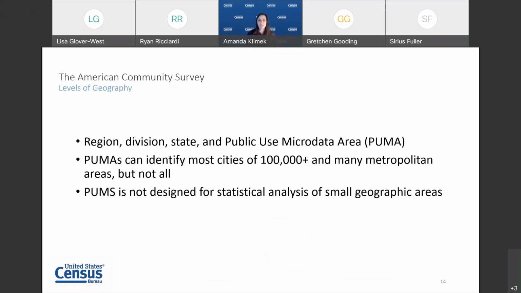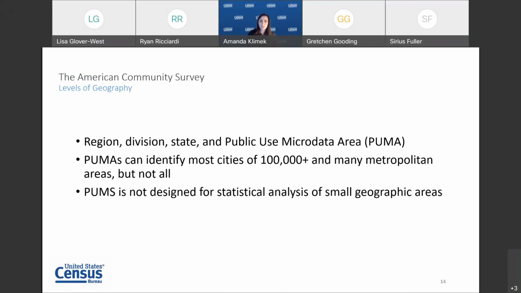To ensure the confidentiality of ACS respondents, the Census Bureau has to balance geographic detail in the data with the detail in the data. There are more than 250 variables on a single PUMS person record. This means that we can't identify as many small geographies in the PUMS as users might hope, but we can go over our options in a moment.